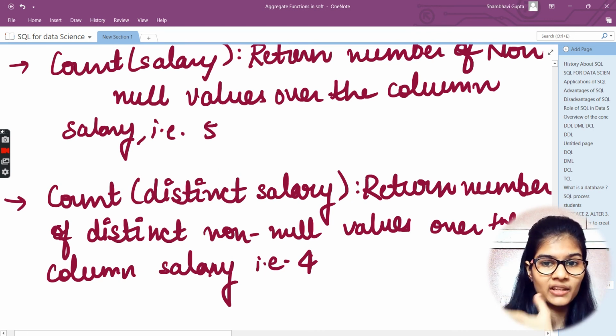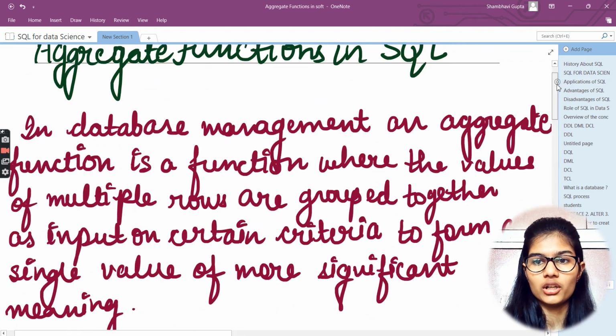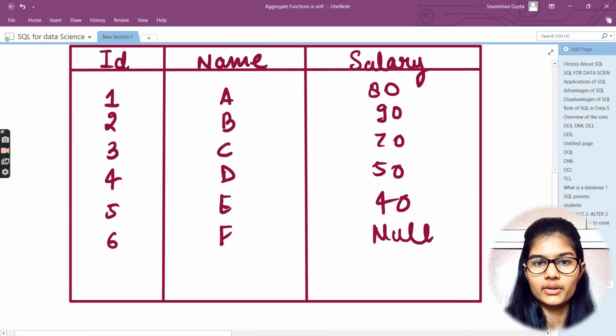Count basically returns the number of distinct non-null values over the column salary. If I go to the salary column and take out all the 5 values which I have, they are all distinct.